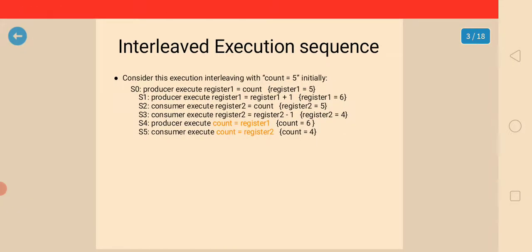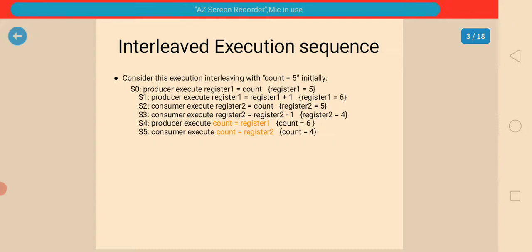First of all, we are going to see the interleaved execution sequence, meaning how the variables change their values. Consider this execution interleaving with count equal to 5. Initially, count is holding 5.